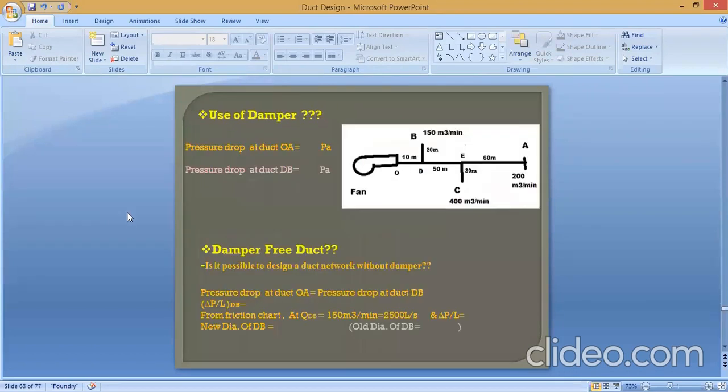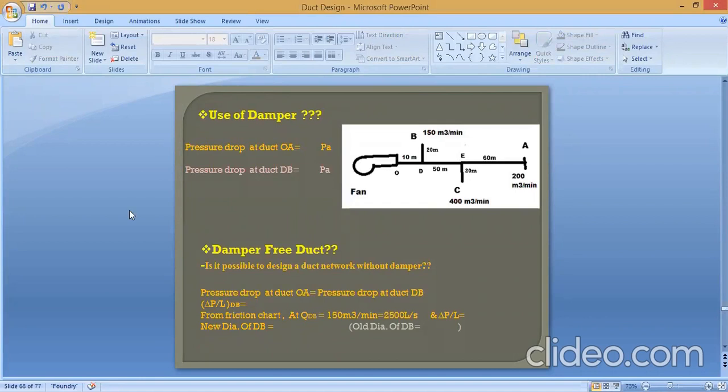Now the interesting fact is the use of damper. I told you that I will just brief you about the damper. So this damper is nothing but a butterfly type of valve, you can say. What it will do is restrict the flow of air, and it will allow only the required amount of air to flow through your duct, which is like a throttle valve in the case of your carburetor. Clear? So the role of the damper in HVAC is to control the flow of air as per your requirement. Why to control?